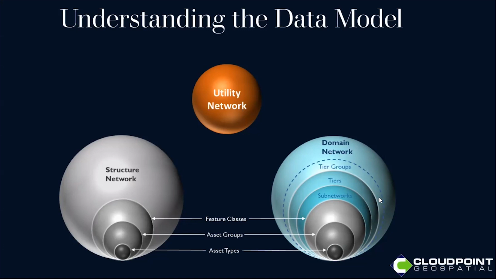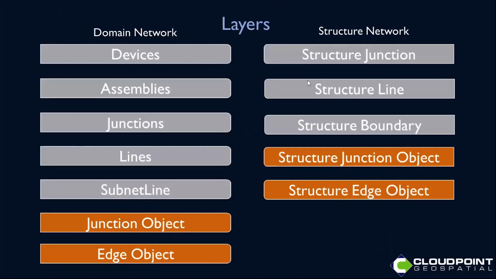So it actually brings a lot of value to utility management. As we get down here, we have feature classes, and then we have asset groups and asset types. So this is what our layers look like in the domain network. And this is kind of agnostic to all the utilities. You're going to see these same layers no matter what utility you're in, whether it's electric or gas or water